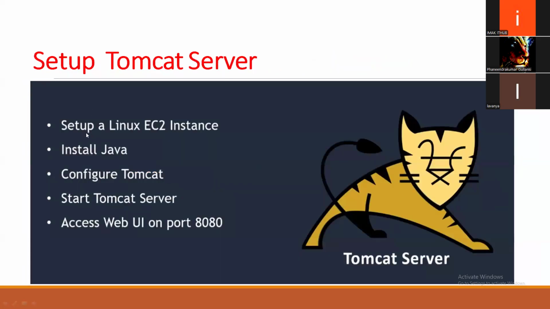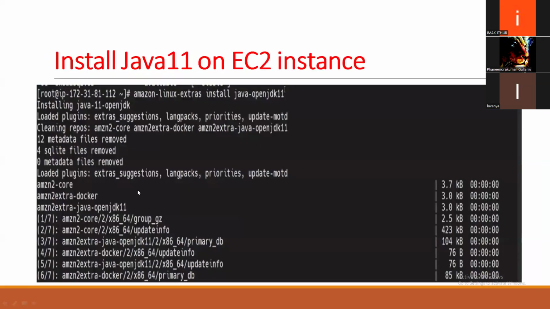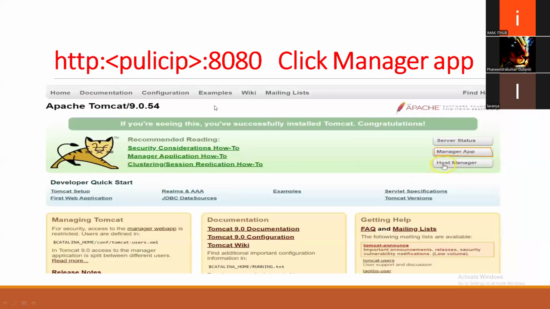Set up the Tomcat server. Set up a Linux EC2 instance. Install Java. Configure Tomcat. Start Tomcat server. Access web UI on port 8080. So install Java on EC2 instance: Amazon Linux extras install Java OpenJDK 11. So once it is done,